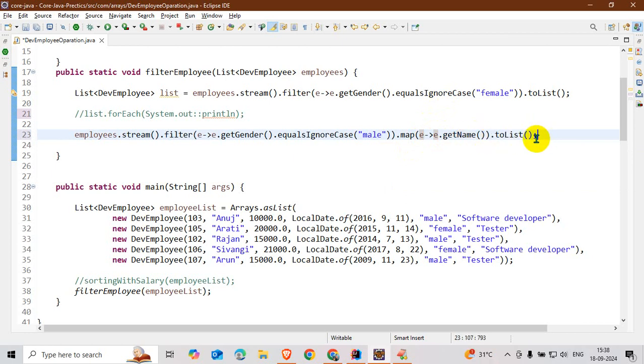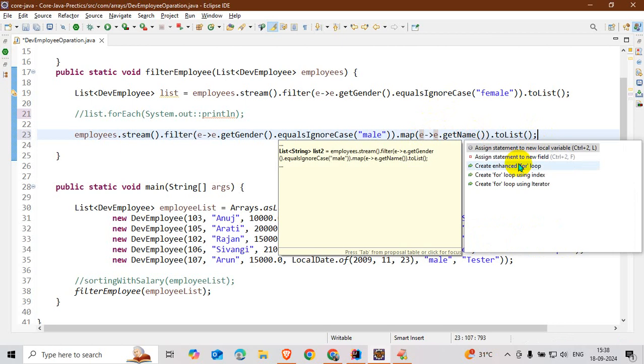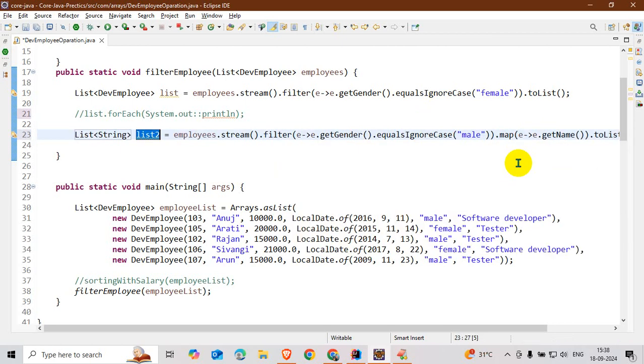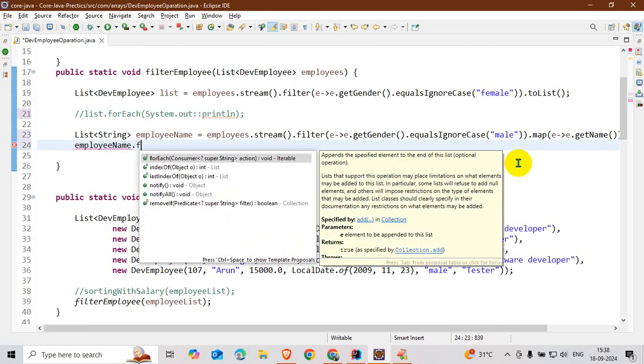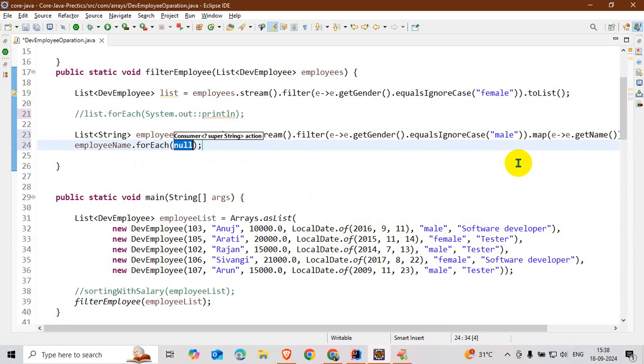So I want to assign the list of employee names. Okay, so I want to print this employee name.